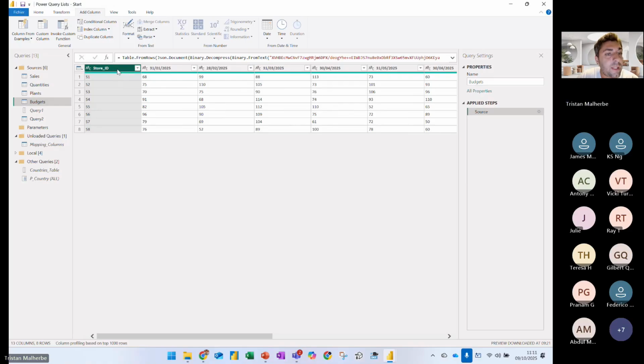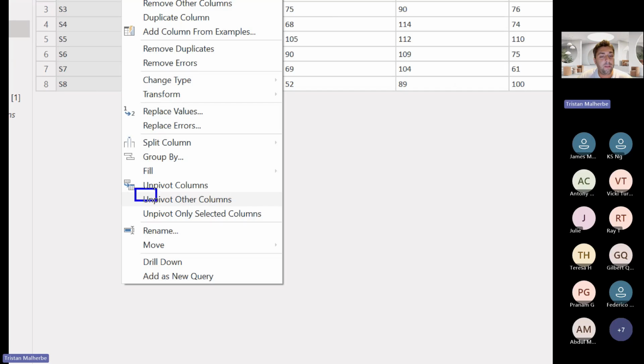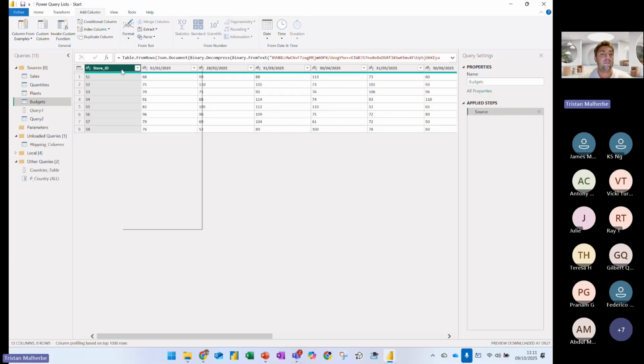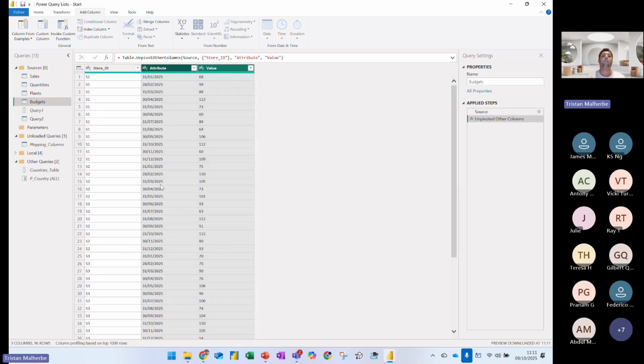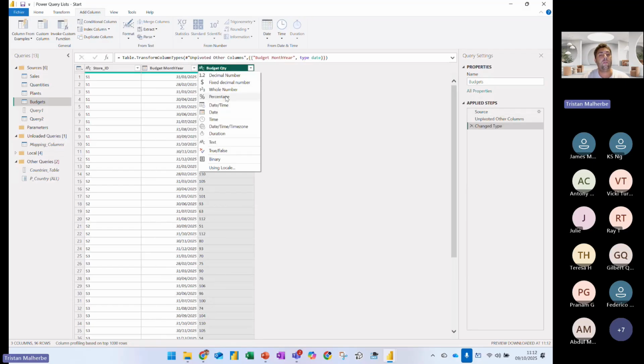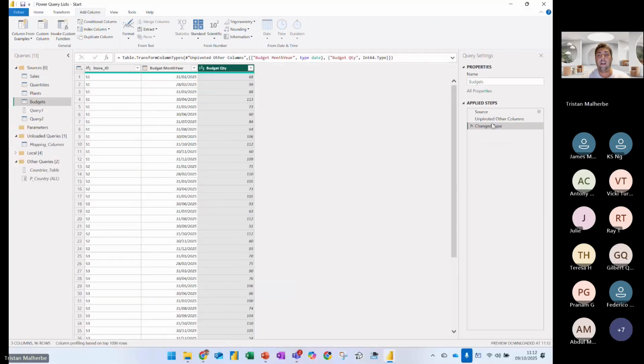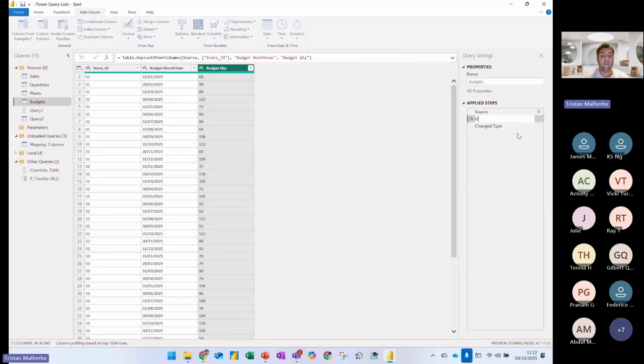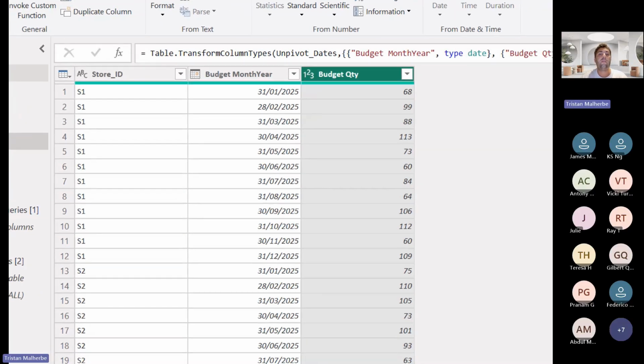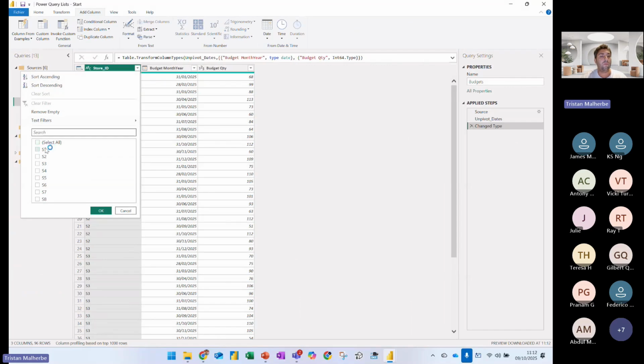So what I'm going to do here is unpivot the other columns, right? So that I have a better structure, and this will be my month, my budget month year. And this will be my budget quantity. I'm going to shift this to date and this to whole number. Okay. Now, and pivot dates. Okay. Now the problem is, as you can see, for example, if I focus on one store,